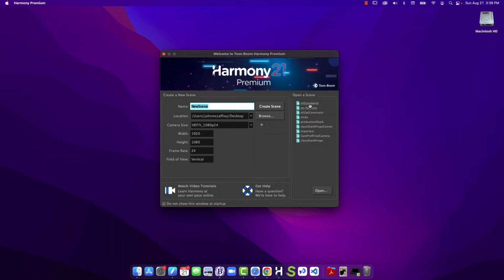Once you have Harmony installed and launch it, it will bring you to the welcome screen. In the welcome screen, you are able to create a scene or open an existing scene. So if you have projects you've worked on before, you can select it off the list or click open and